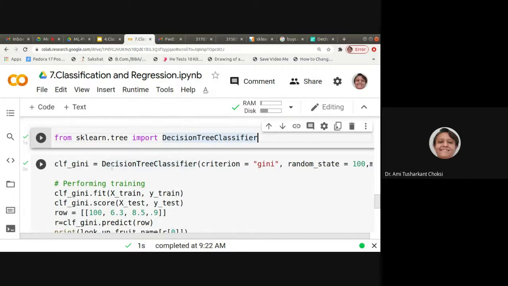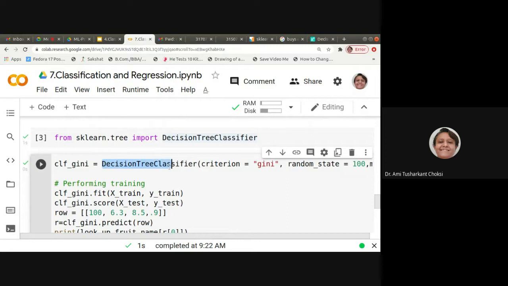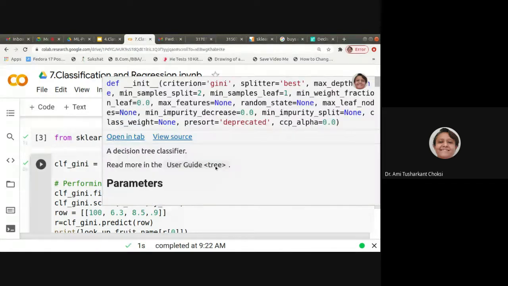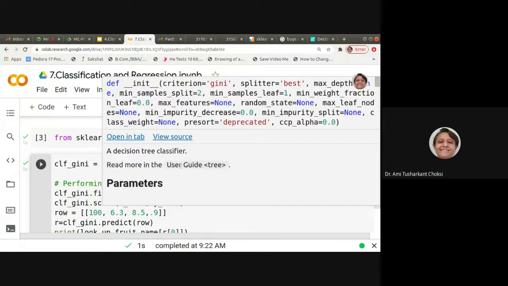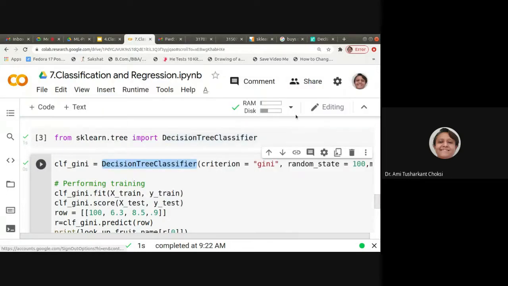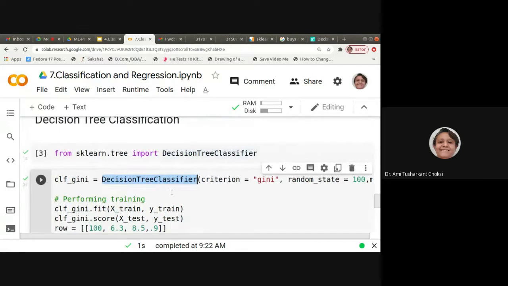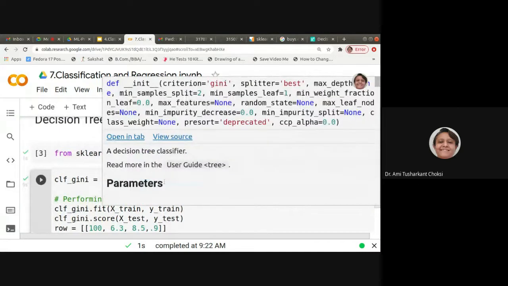Now we should make the object of our decision tree classifier, using DecisionTreeClassifier. We are providing the parameters. For the parameters, you can see criterion is equal to gini, splitter is equal to best, maximum depth, that we can provide.